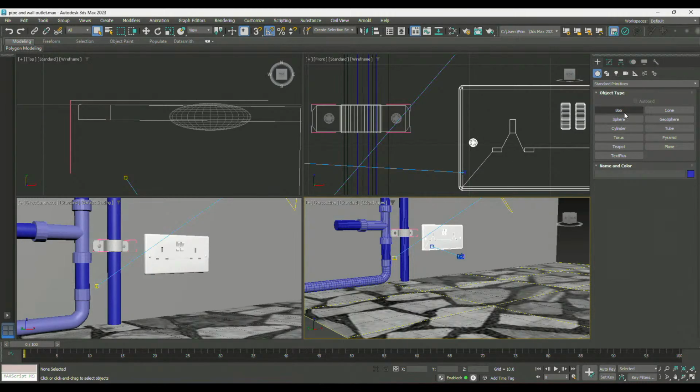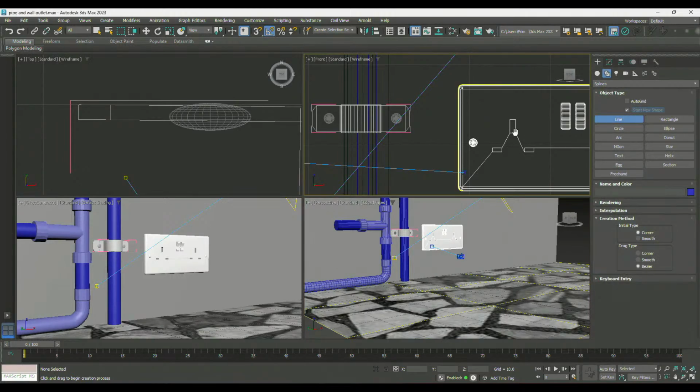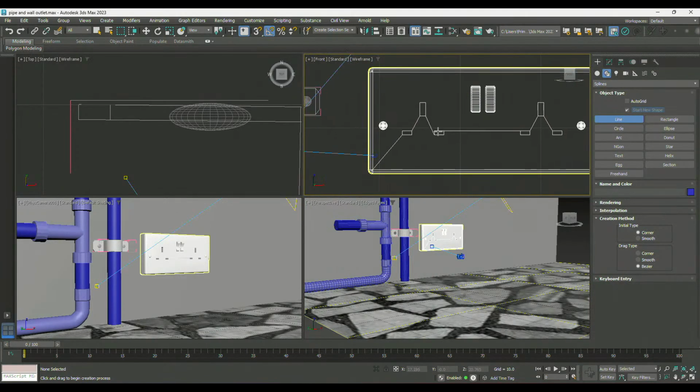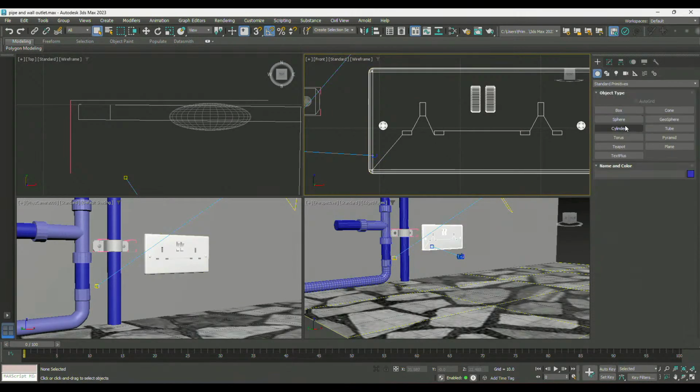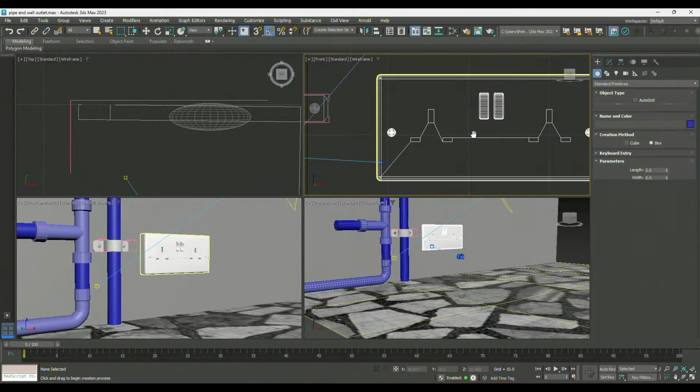So let's see now. I'm just gonna add, let me use, I think I could use a line. Yep. And I'm just going to draw, or let's do it like this. So I'm going to draw a box,